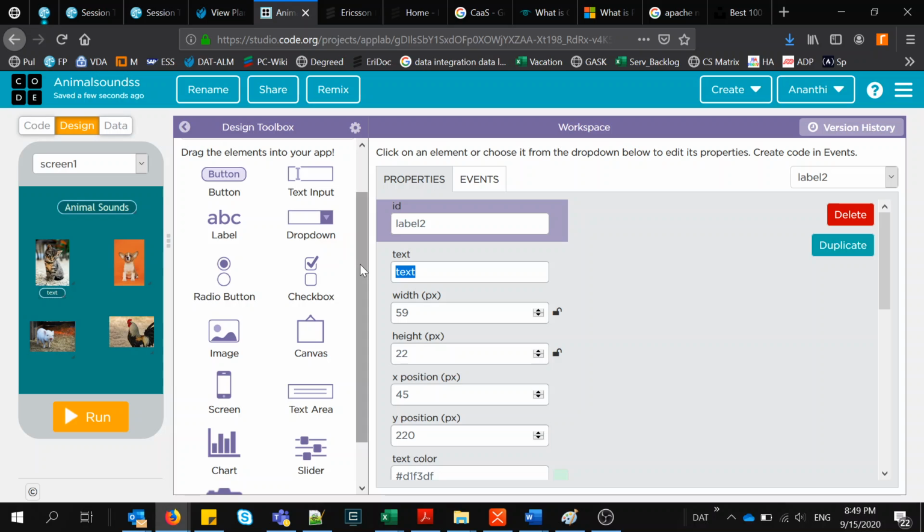So the kid may learn even C-A-T, cat. Next, I am going to place another label for dog, and I am going to name it as dog. In the text field, I type DOG. You can even play with the font, family, everything. Next, I am going to place another label. So you have learned something new today. The label field,